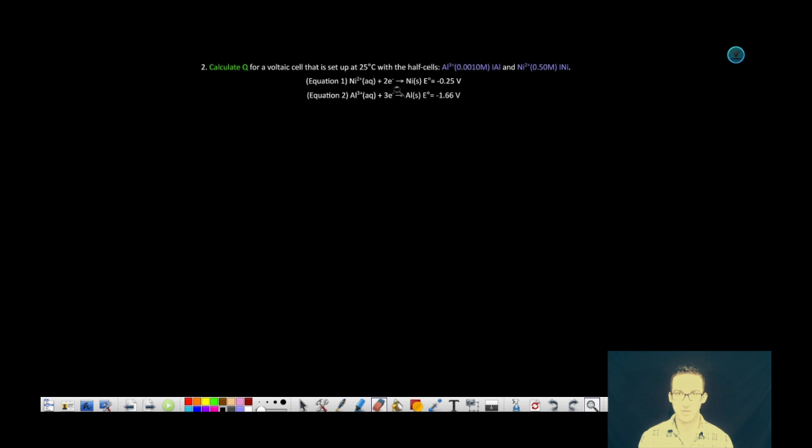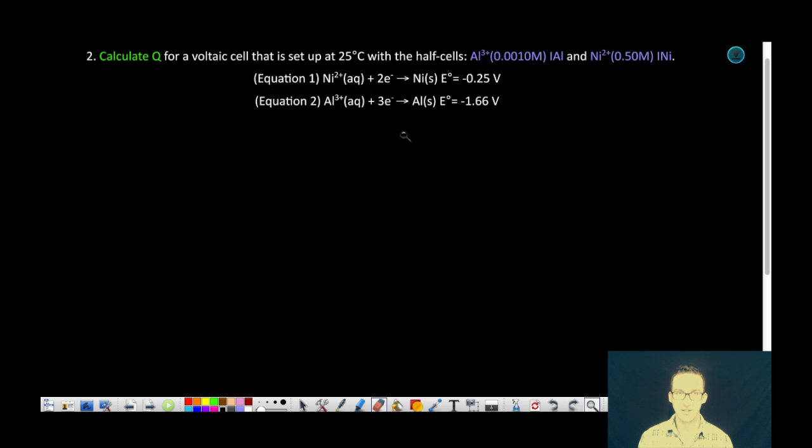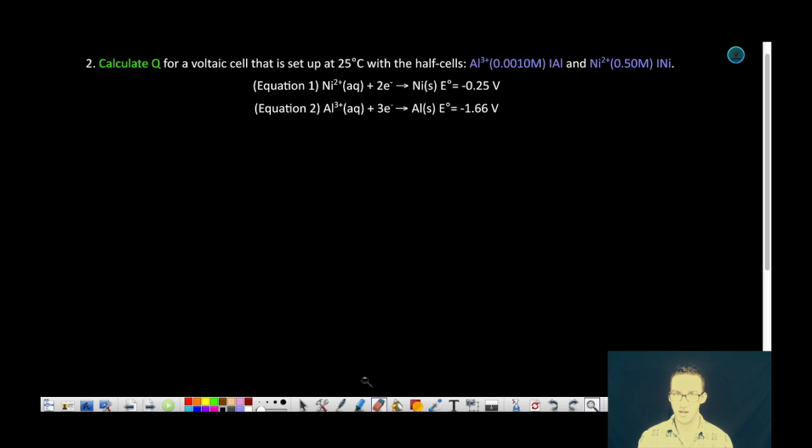As we take a look at question number 2 here, we're asked to calculate Q, again, for a voltaic cell that is set up at 25 degrees Celsius with the half cells there. We've got an aluminum half cell and a nickel half cell, and the concentrations of the solution part of those half cells are given to us as 0.0010 molar for the aluminum half cell and 0.5 molar for the nickel half cell. So here's where it gets a little more complex, and you're going to be asked to tie in some of your electrochemistry. As we come up with the overall redox reaction that's occurring here,